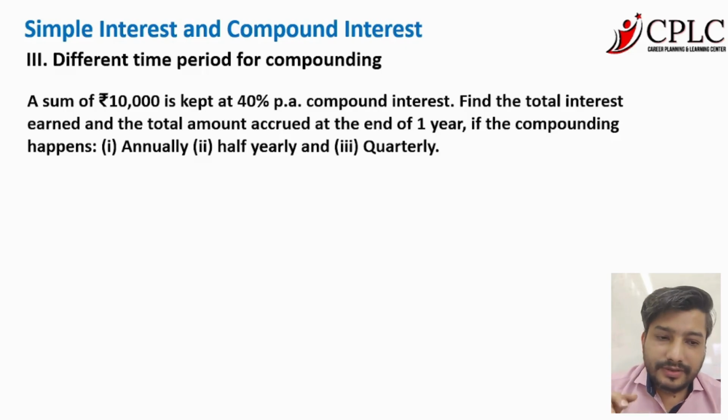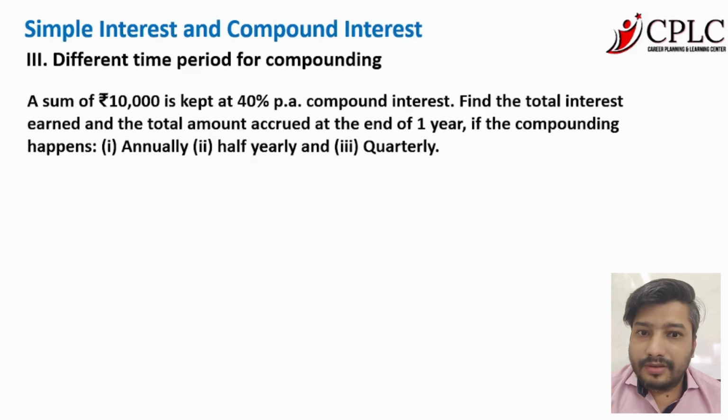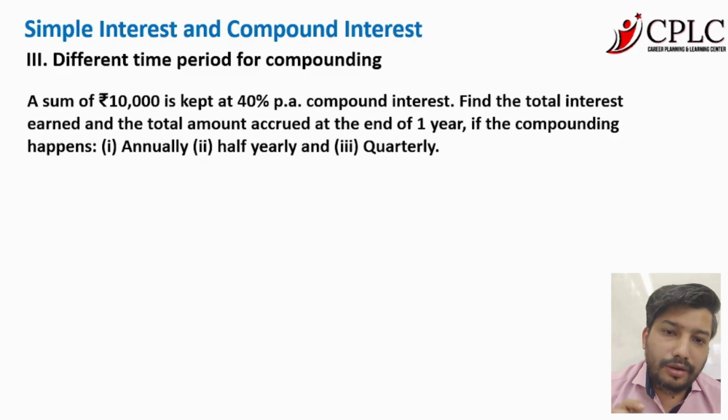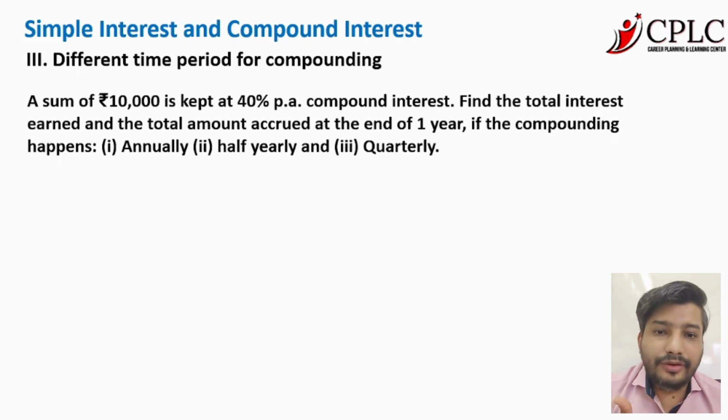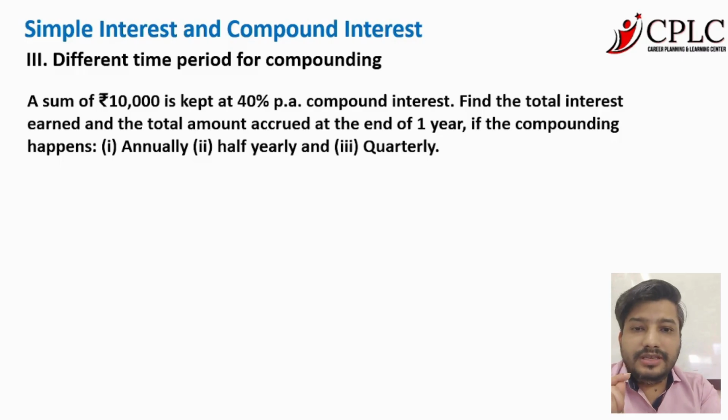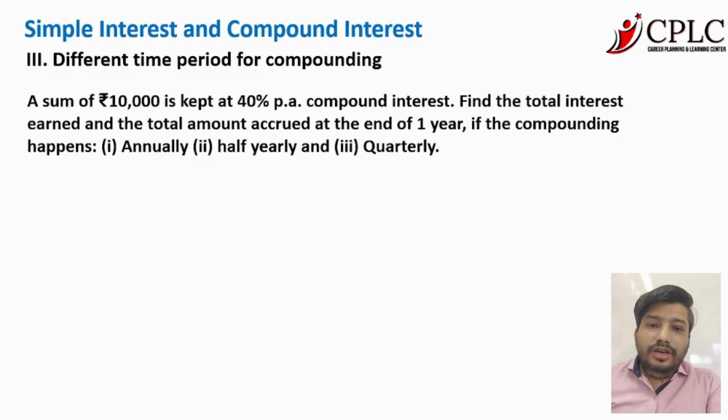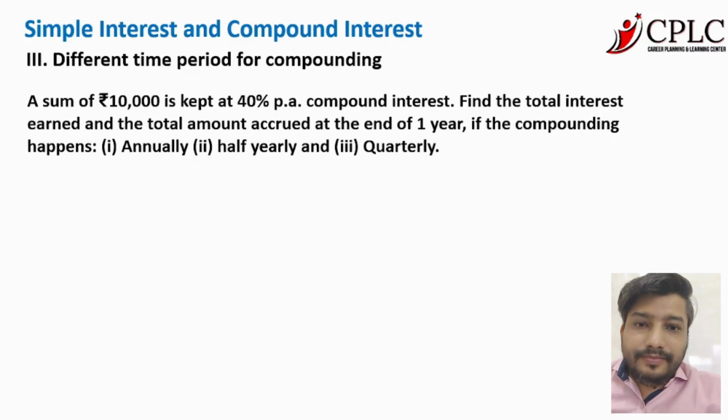So the first part says that a sum of 10,000 is kept at 40% per annum compound interest. Find the total interest and the total amount at the end of 1 year if compounding happens A, annually, B, half yearly, and C, quarterly. So two things first: if the duration is 1 year and if compounding happens annually, what you need to remember first of all is that